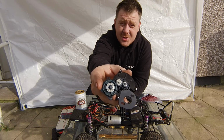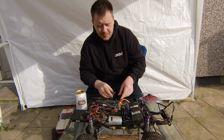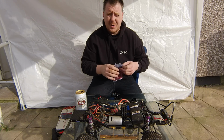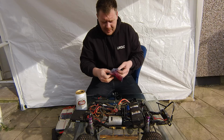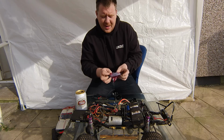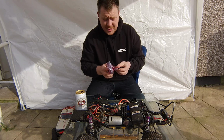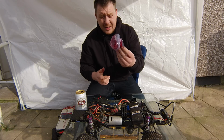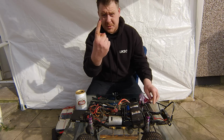Well, as you can see, it's as dry as a bone. So we get some grease in there. A lot of people go on about marine grease and all that lot. Yeah, use your marine grease if you've got it, but to be honest with you, any grease is grease. It's all waterproof, so it doesn't have to be marine grease that you use. I like using the red lithium grease, and I use it on everything. So a big fingerful of that,